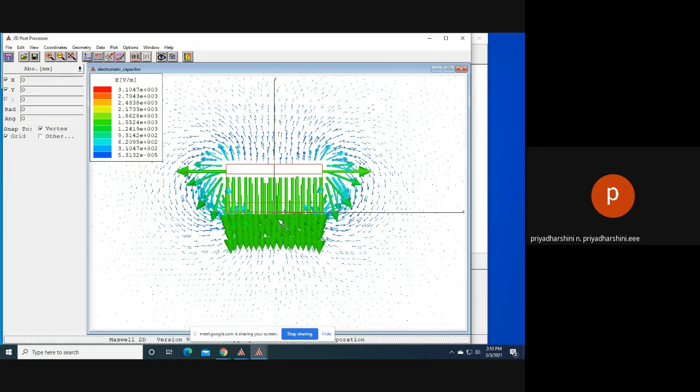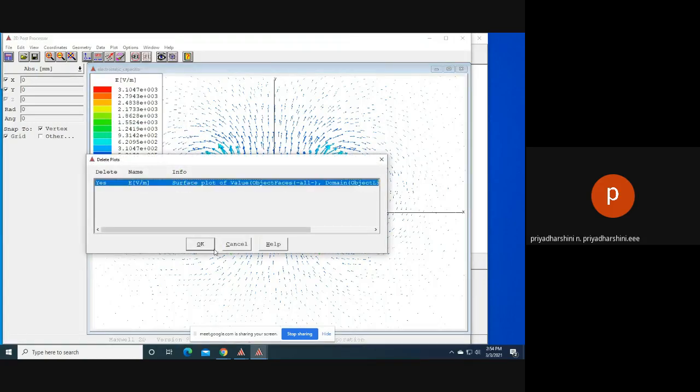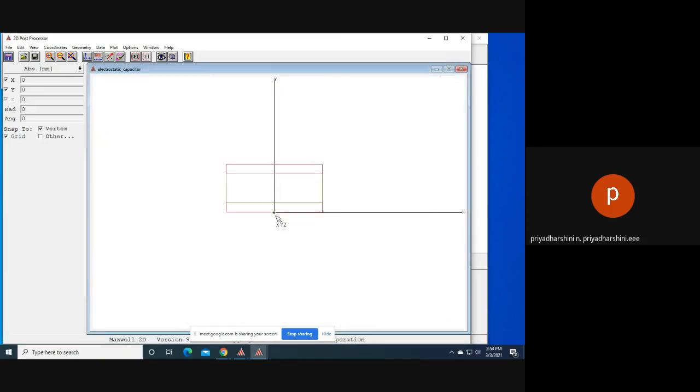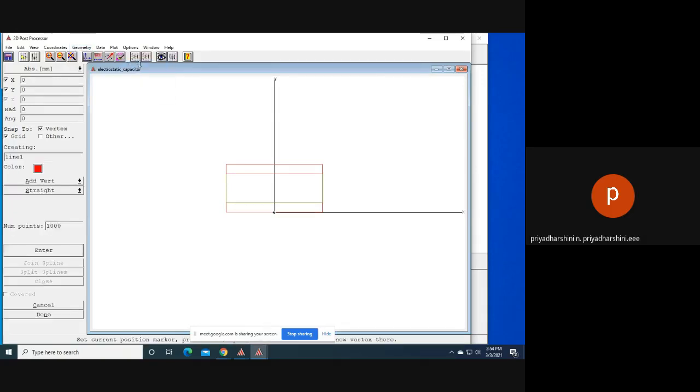Apart from this, I can analyze the magnitude of E at a particular point or a particular line. For that, I have to draw a line. Before that, I'll delete this plot. So I can draw a line here. For that, go to geometry, create a line.